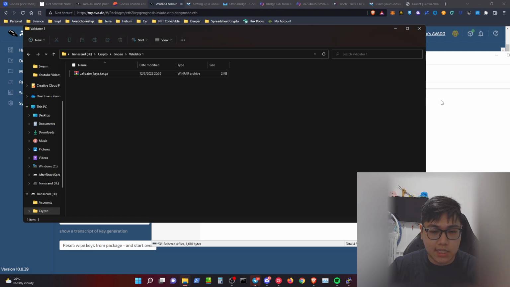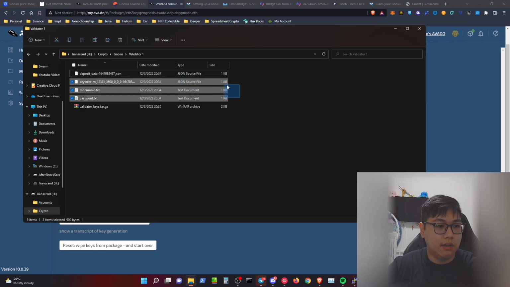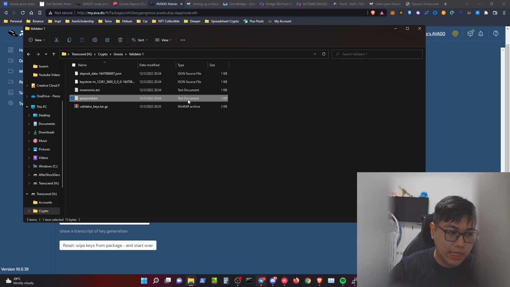So just extract it, and once you have extracted your files, it is going to show up. Once you have extracted the file, you will have all of this. You can actually delete the password if you want to. I mean, if you remember your password, just delete it, and of course you will have this raw file over there, a zip file.